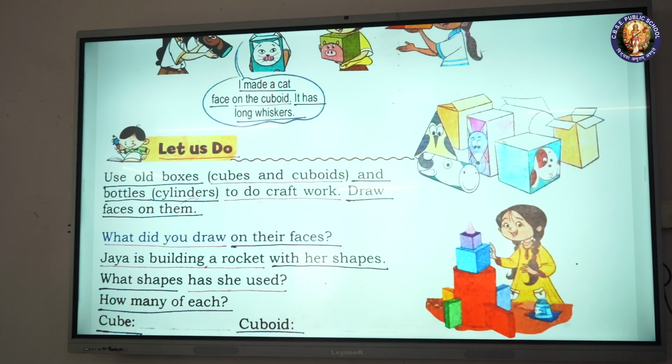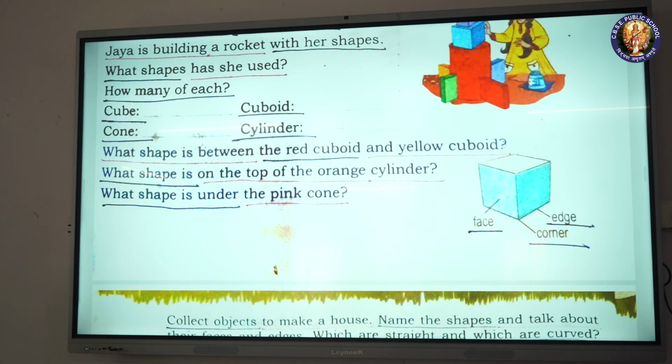Jaya is building a rocket with her shapes. What shapes has she used? How many of each? Cube, cuboid, cone, cylinder.